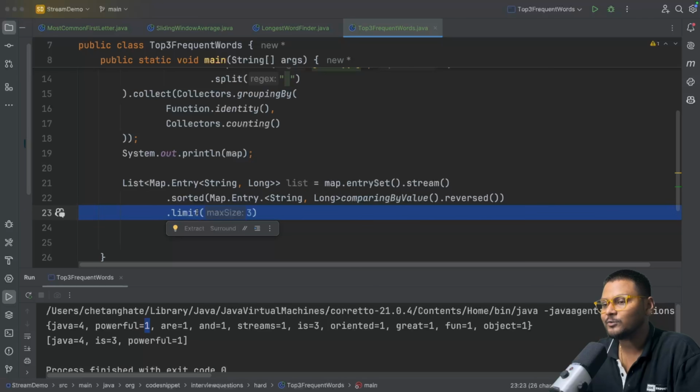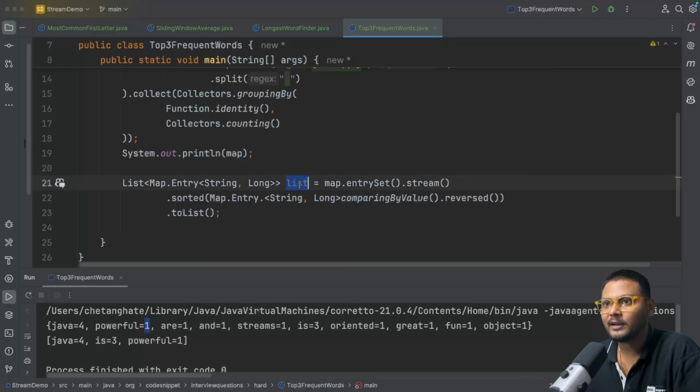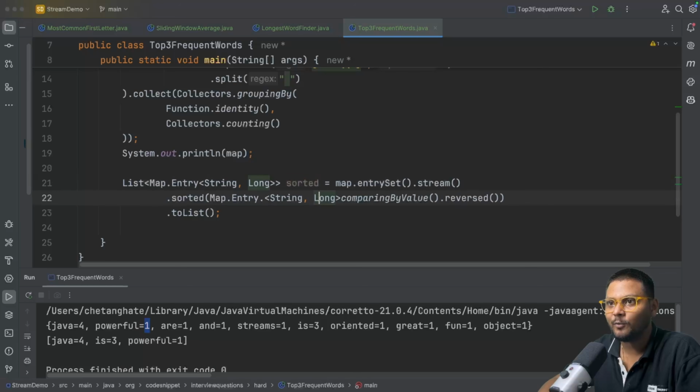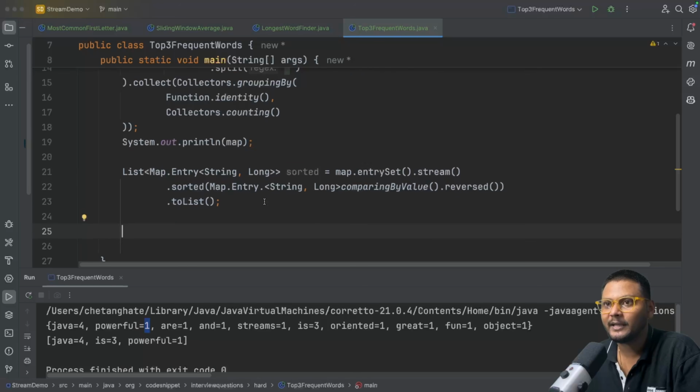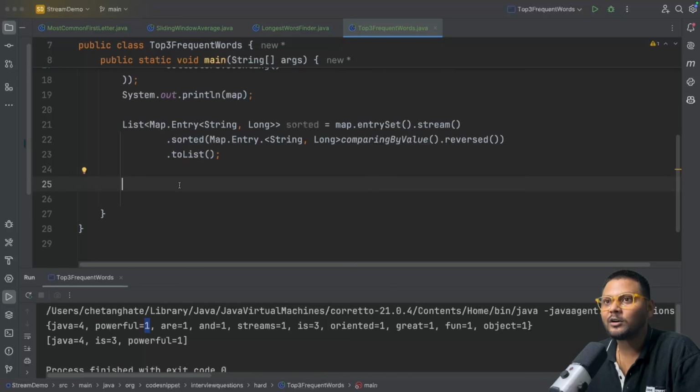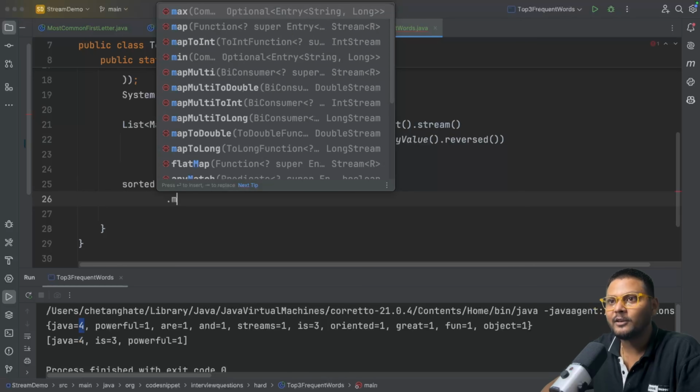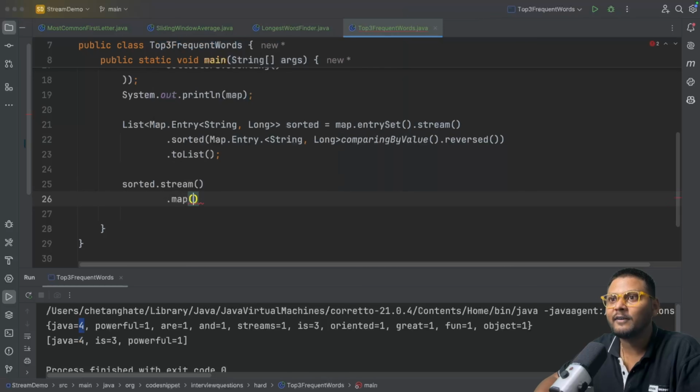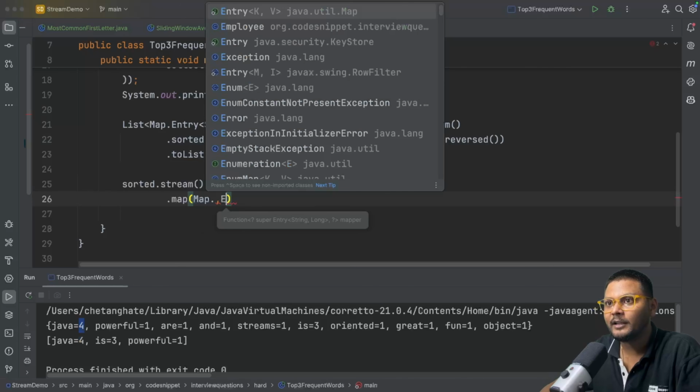Once we sort it, I can just collect it into a list. Let's say sorted. This is basically my sorted list now, without limiting. Now I want to find the distinct counts, let's say 4, 3, 1 like that. I can say sorted dot stream, make use of the map function to get the values, and say map dot entry